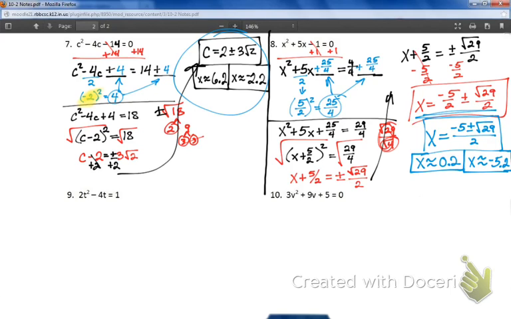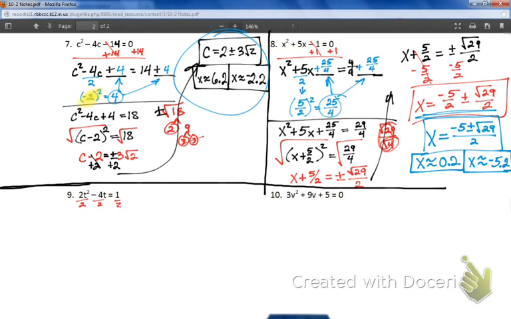So the first step, and again, we didn't add this into our original steps because this is just a special problem, is that your a, that number there has to be a 1. So in order to make it a 1, if you're completing the square, you have to, in this case, divide everything by 2, which changes this problem into 1t squared minus 2t